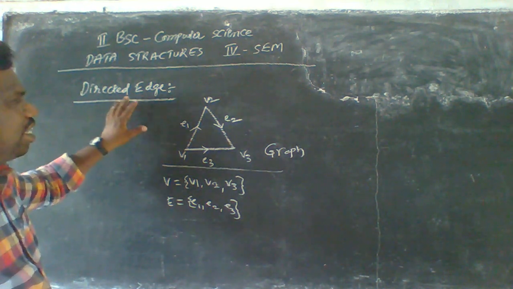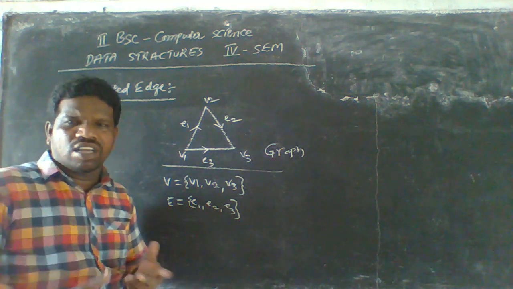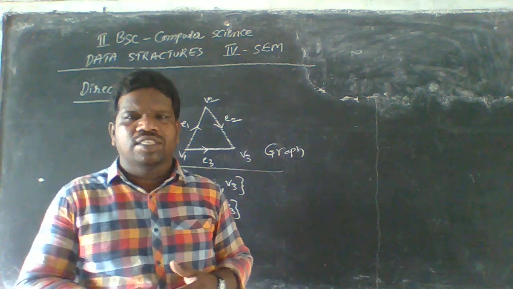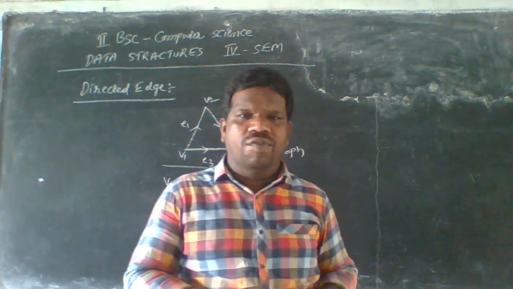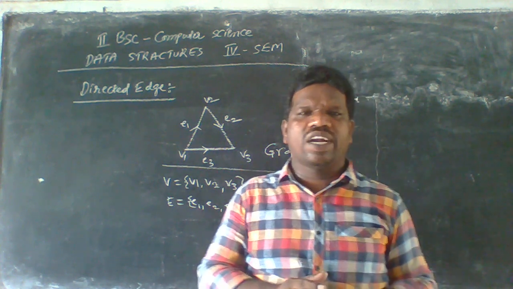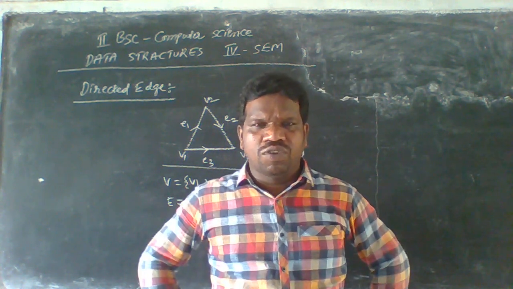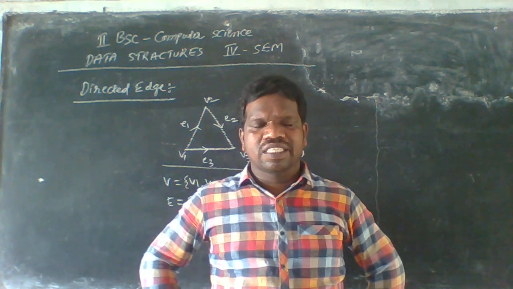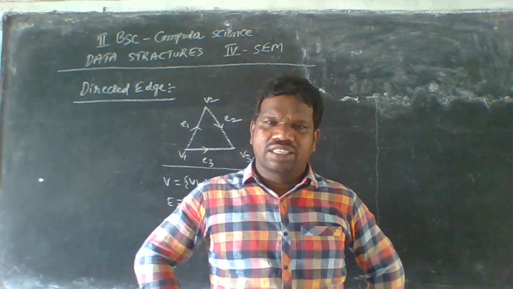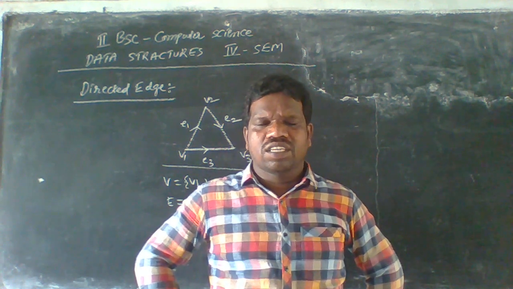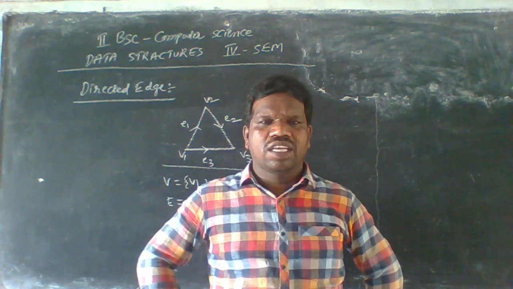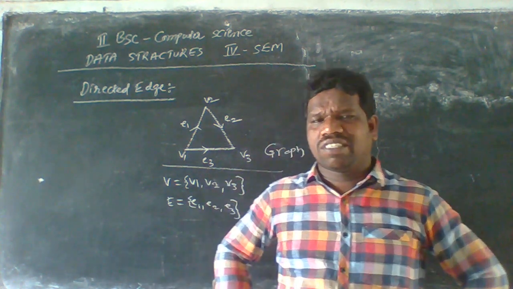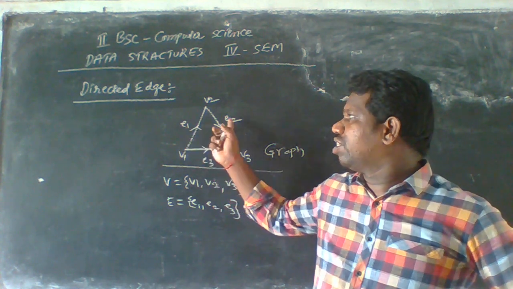What is a directed edge? If you take any edge that follows some direction, if any edge follows only one direction, we simply call that unidirection. In the unidirection you have to represent the type of direction here, either in the forward direction or in the backward direction, but not both directions of the one edge here. In this scenario we have to see the edges like E1, E2, E3.